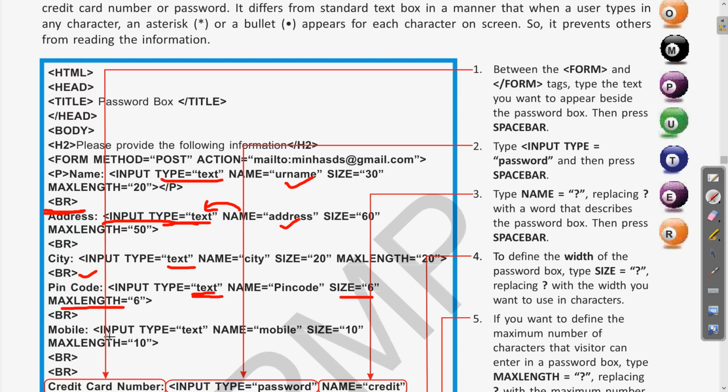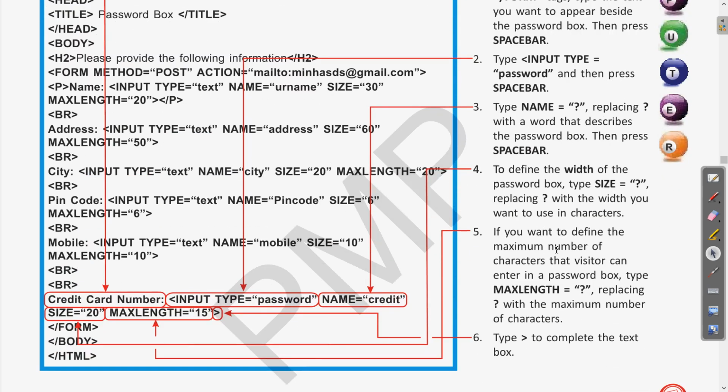Next is the mobile. Mobile number is again an input type which is text. Then the next is the credit card number. The credit card number is sensitive information which is required to be hidden.